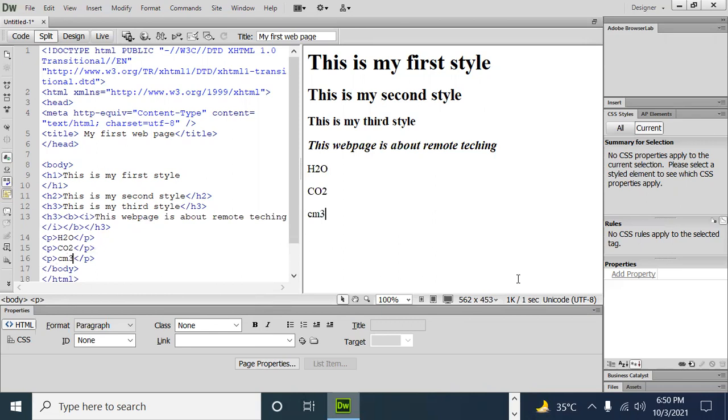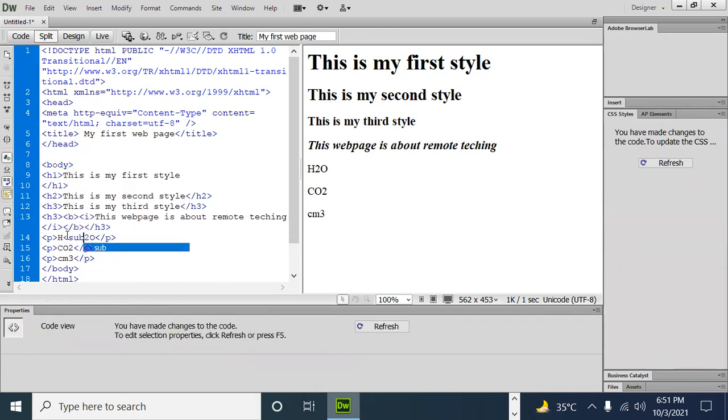In this case I will use different elements of tags. So first select it, then use subscript and close it. Just type slash and it will close.